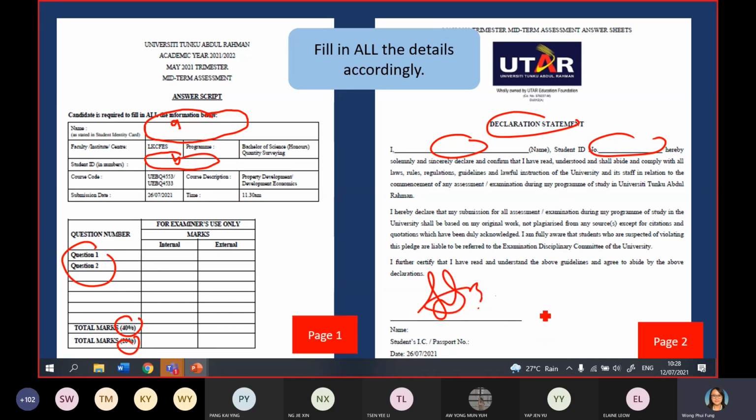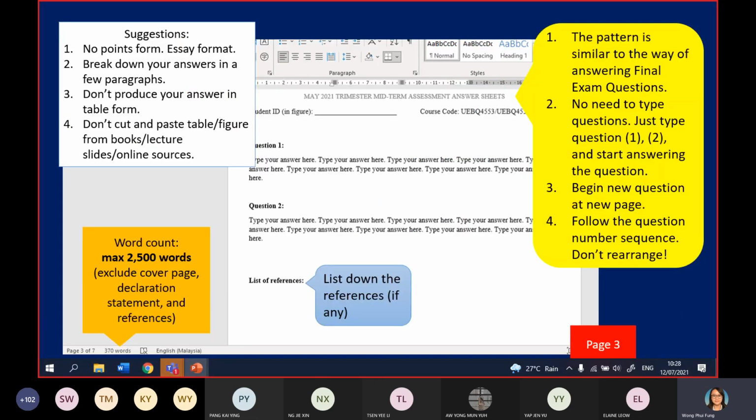Remember, I got 182 students. If you don't put your signature, I have to call you. Like, Jasper, you didn't put your signature. Please, kasihan me a bit. Please remember to put your signature, your name, your IC. Even the date I already put for you because I was scared you'd forget. So you just need to fill in a few things for me. Please fill in first. Then page 3 is where you can start to answer.